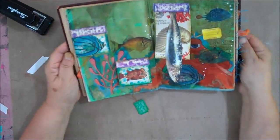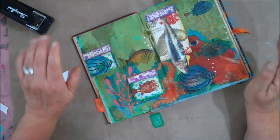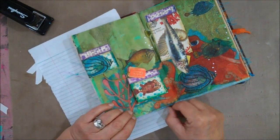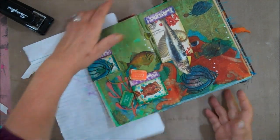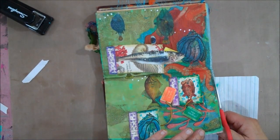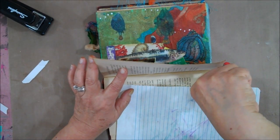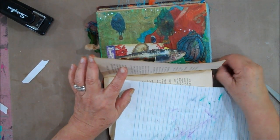What else do I want to do on here? I'm afraid to do anything else, because if I do anything else, it's going to go wrong. Maybe I just need to trim out my edges and call it a day. Because, oh boy, between everything, this has been a what-can-go-wrong-will-go-wrong kind of project. I still think it's kind of cute. Oops, see, I can't even cut this. Oh my gosh. Okay, people, I am really ready to...